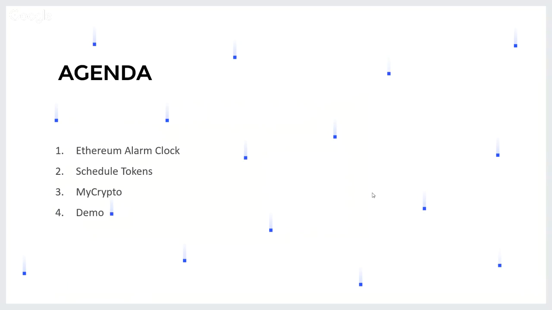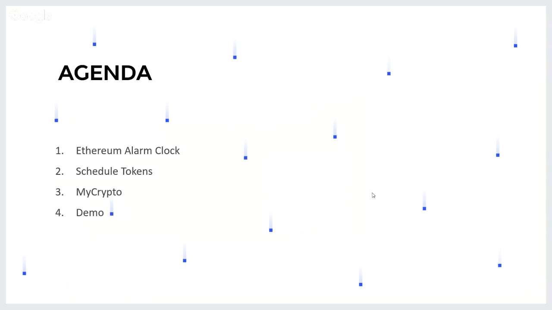Then we'll go to scheduling tokens, more information, why it could be useful for you. Then we'll talk about the interface and the wallet that we're going to use, and this is the MyCrypto wallet, and we will at the end demo a whole token transfer,